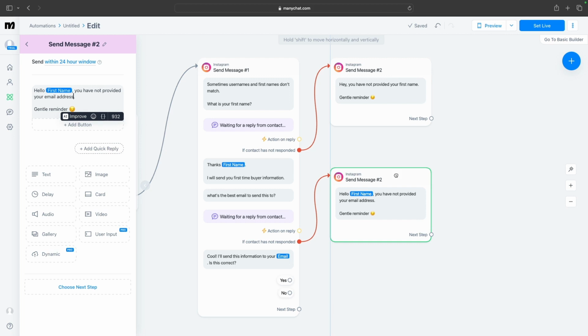We've got that done. And then over here, we do want to make sure that after they've provided their email, if they say yes, it's correct, right? To the next stage, and then the next stage. Just one second. Let's get this going. Right. Okay. So if it's a no,